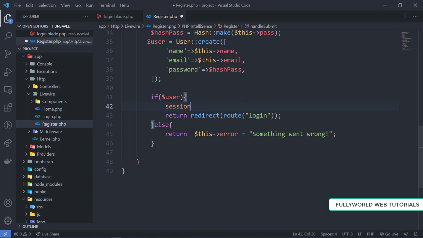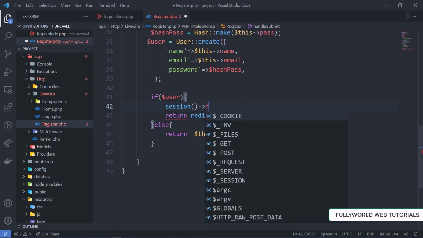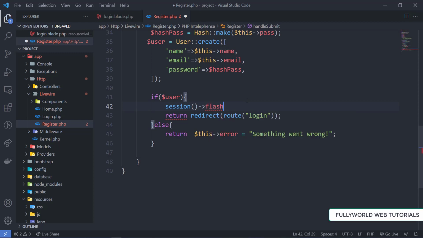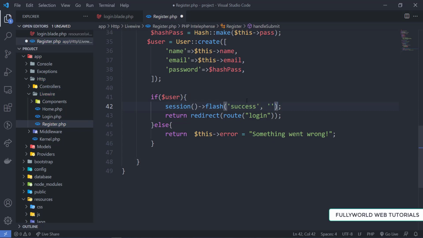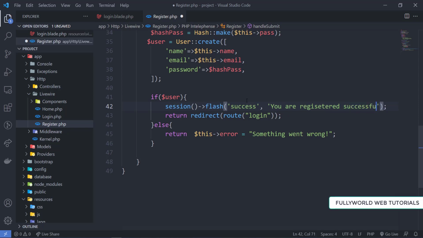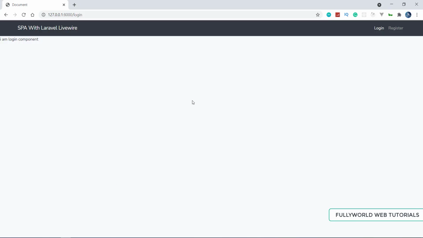So I am going to write session flash message, it will have the key success, and the message will be "You are registered successfully." Save it, and now let's see if it is working or not.